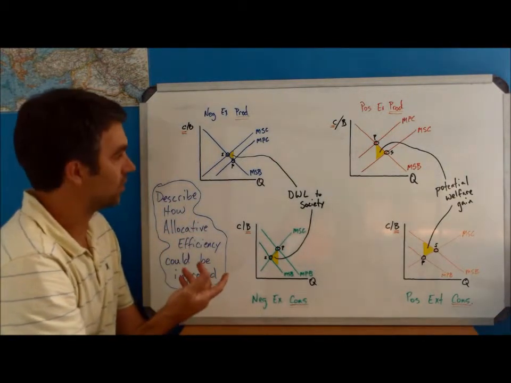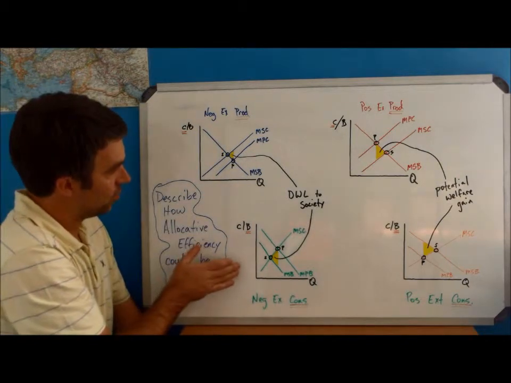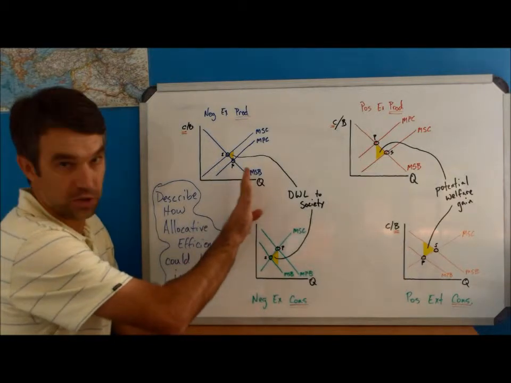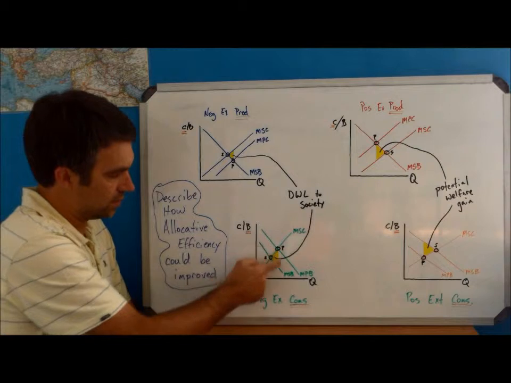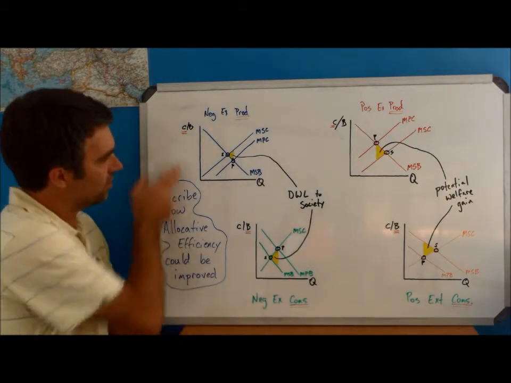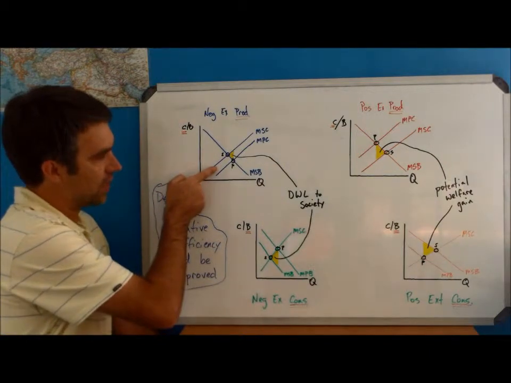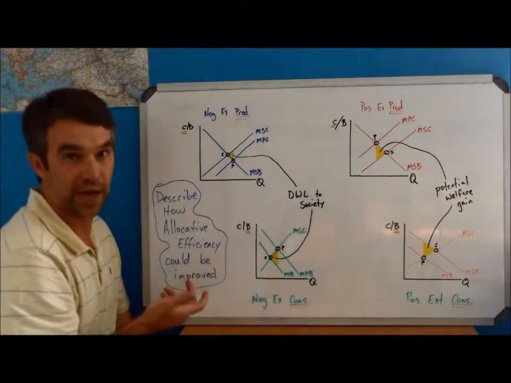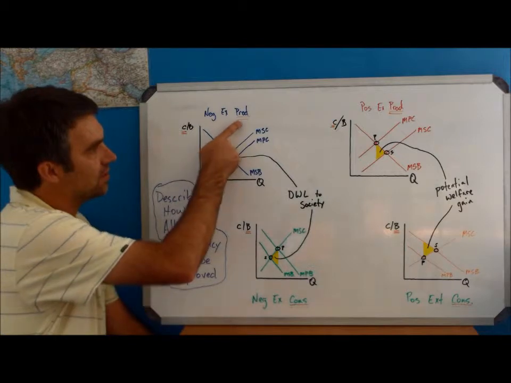Let me point that out to you. In the negative externalities, what we see is that the private market produces further to the right, too much compared to what society wants. So P is further to the right than S. But you'll notice if you look on the y-axis, here S is higher than P, but P is higher than S. I had to think about it a little bit here,